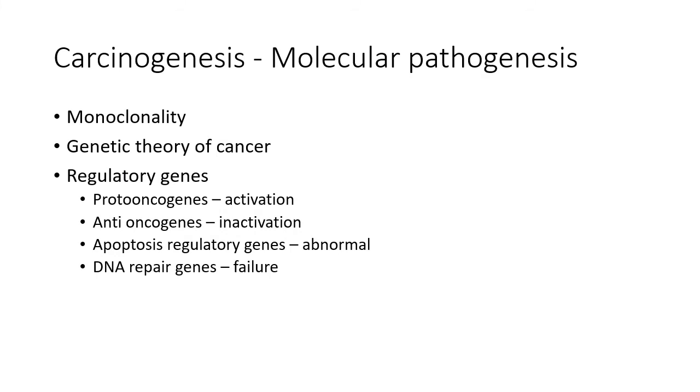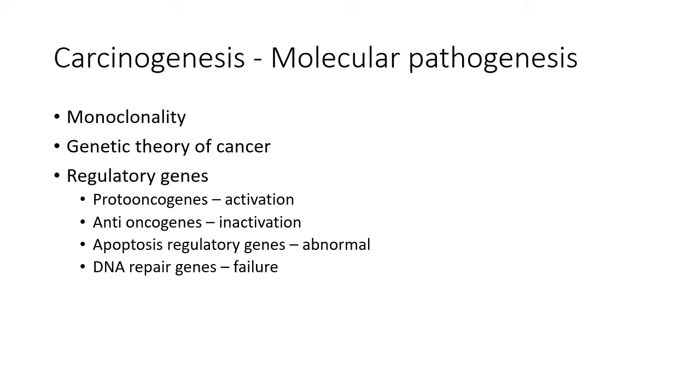First, let's discuss the carcinogenesis, or pathogenesis, of cancer: how a normal cell is transformed to a cancerous cell, the mechanism by which it is transformed. Here we will see certain characteristics. The first one is monoclonality. I explained this already in the last video. There is strong evidence that most cancers develop from a single clone, or a single progeny, or a single parent cell. This is referred to as monoclonality.